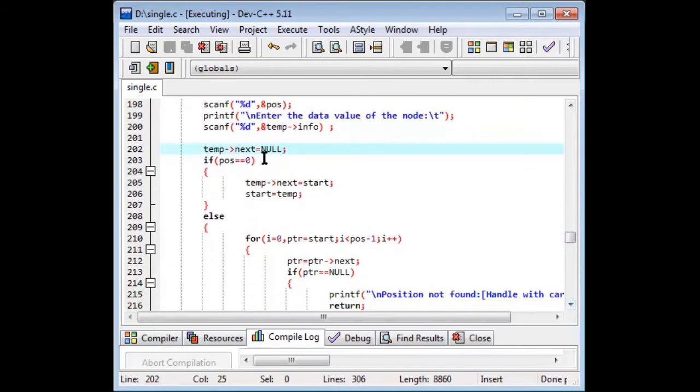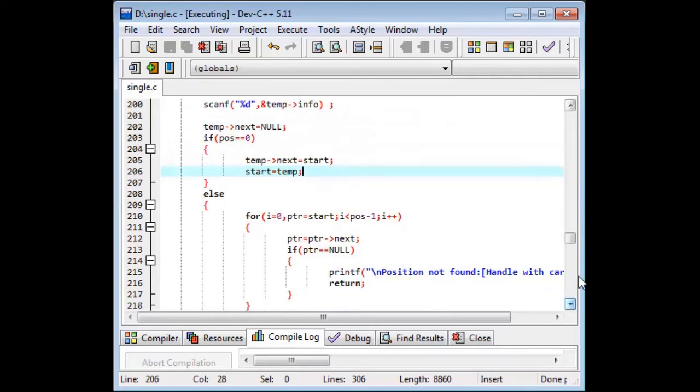Okay, while starting, in case you have given position is equal to 0, temp of next equals to start, and starting at position 0 means the first node only you can insert. So you can say temp of next, the temporary node address, you make it as the start value, and start equals to temp in case your position is 0 itself. Otherwise, if the first node is there, you must insert it first. So using these two lines we can insert.